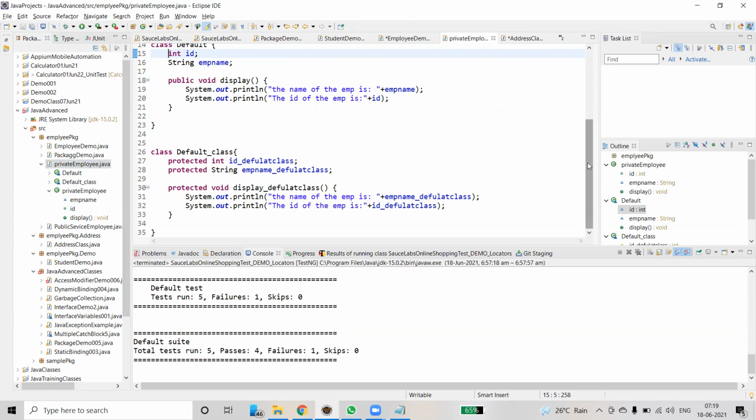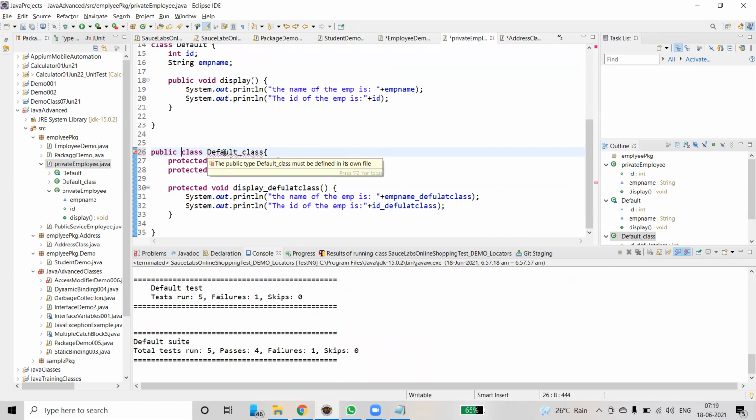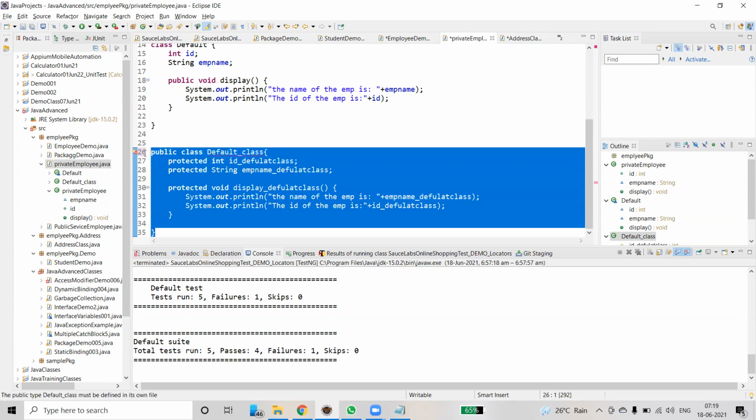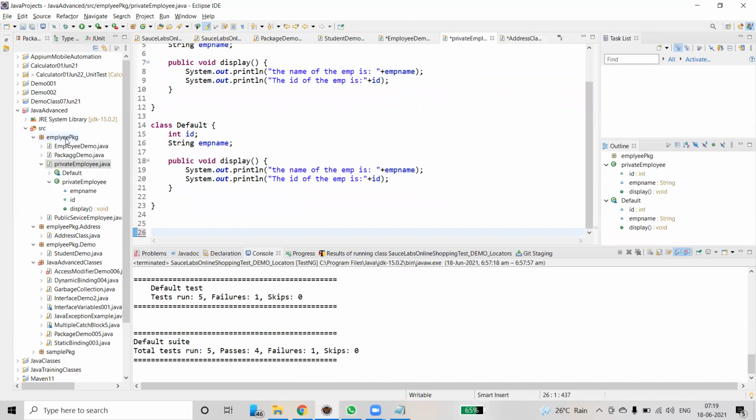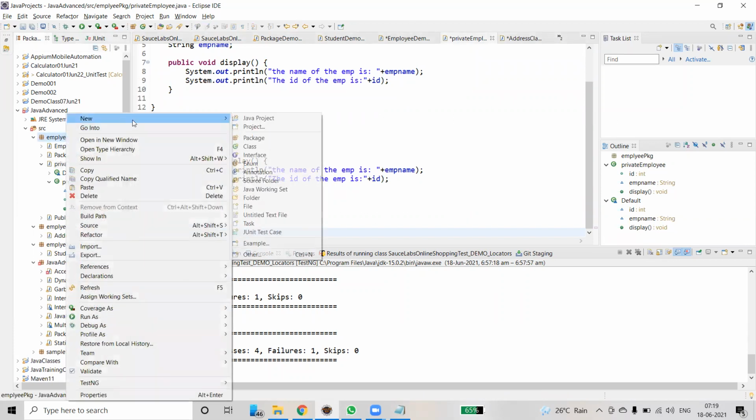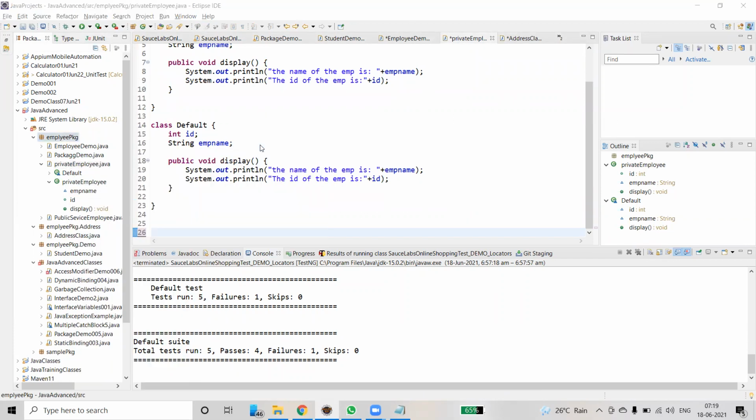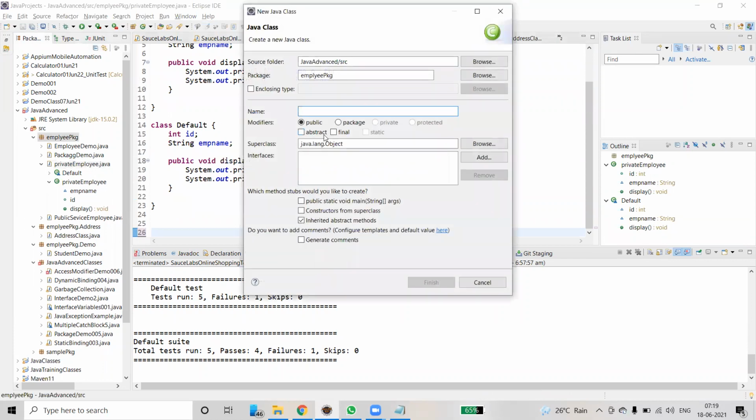So what I will do, I will show you public. Immediately we got an error because we already have one public class. If you have a public type, it should be defined in its own file. So I'm going to create one more class. Control C, Control X, right click, new class.